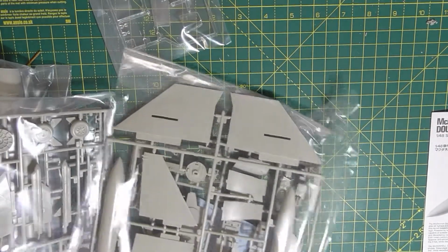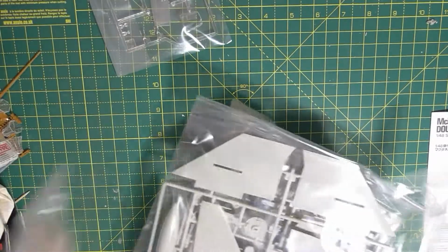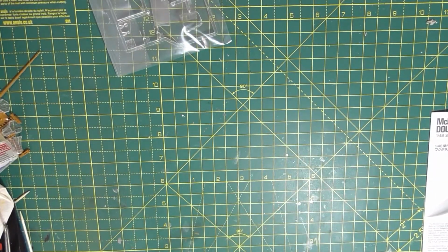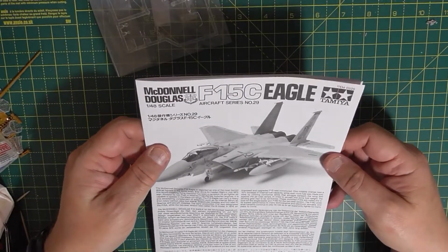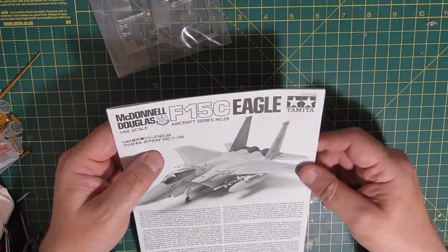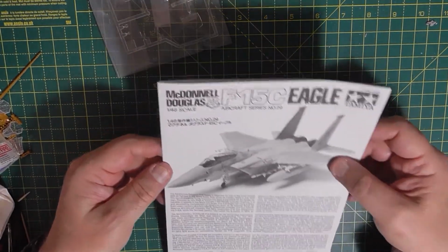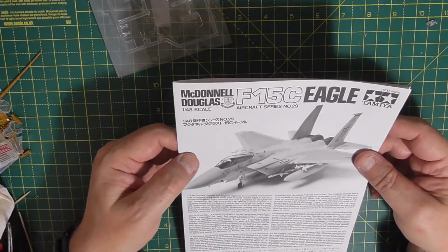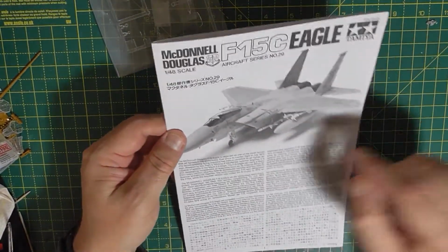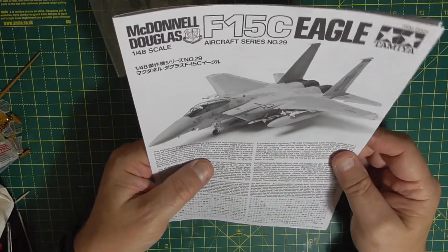Okay, so first off, we'll have a look at the instructions, and this is kit number 61029. As you can see, McDonnell Douglas F-15C Eagle. You get some potted history about the kit, about the aircraft,